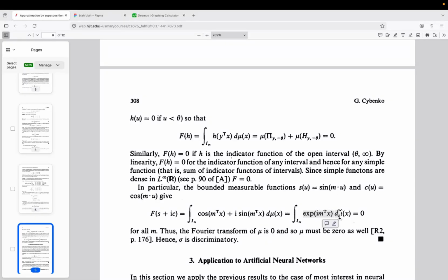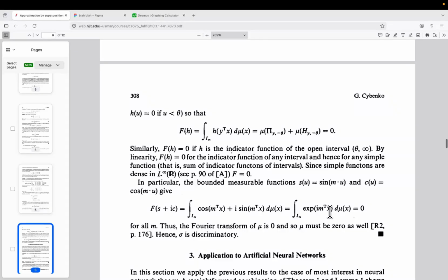By the Fourier transform we have this exponent, which is not 0, and by this thing it's 0, so this mu must be 0. For all of them, the Fourier transform of mu is 0, and so mu must be 0 as well. Hence,